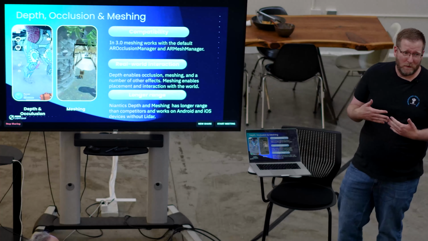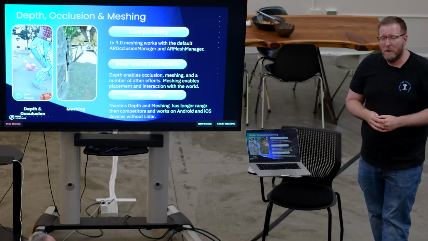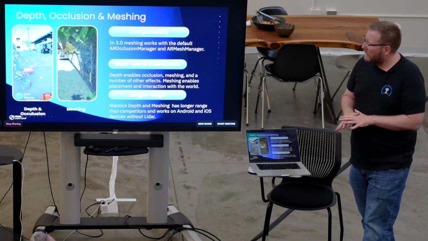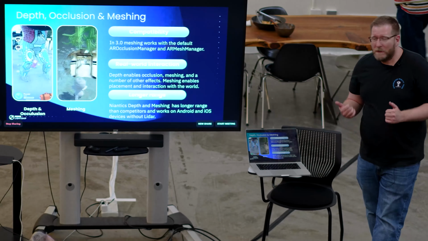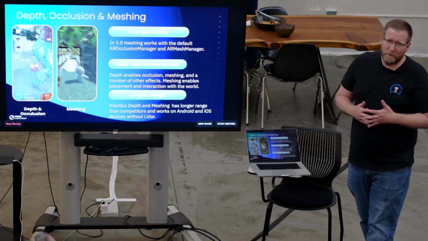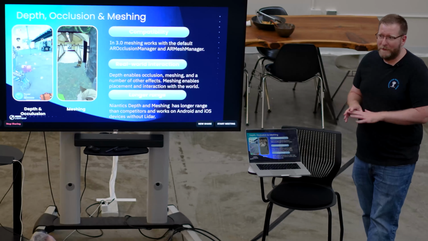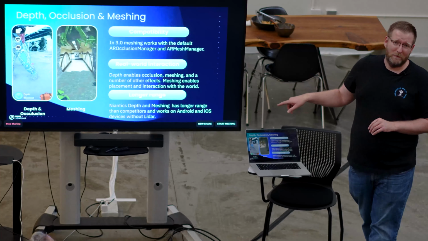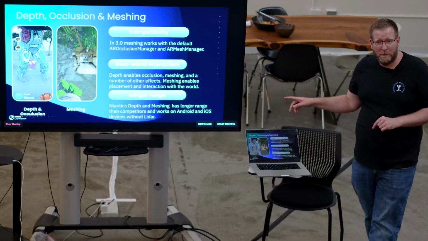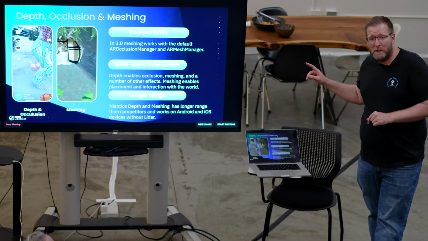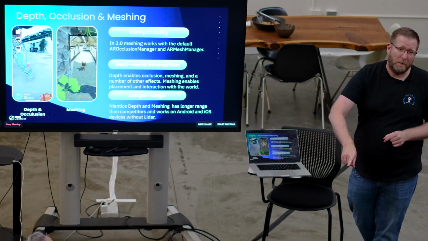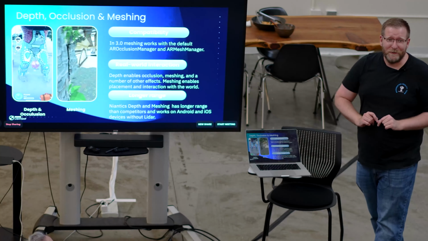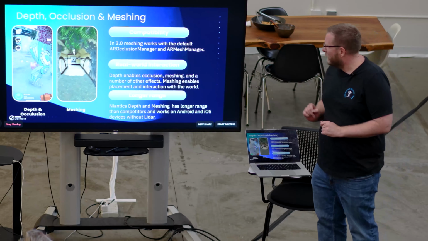I can use it to occlude, so make things go behind things. And I can also make a mesh, which is what you need for physics interactions to touch things. And because we have these tools, we're able to do stuff that a lot of people will never have seen before. And at the end of the talk, I'll show you a video of what we've got coming for long distance meshing, where we can instantly mesh 40 meters in front of you, not just the 5 meters you get out of LiDAR, which is going to be extremely useful for people that do this stuff,